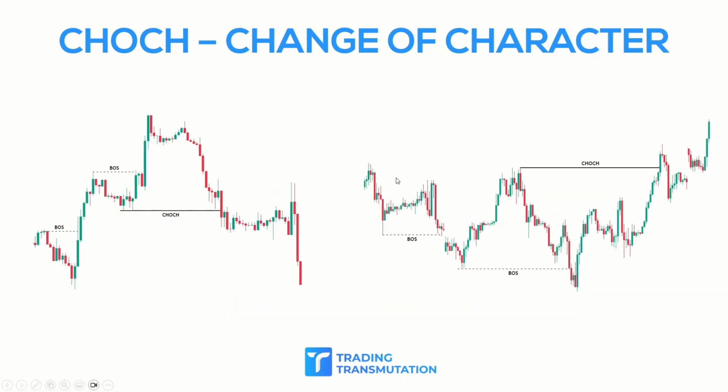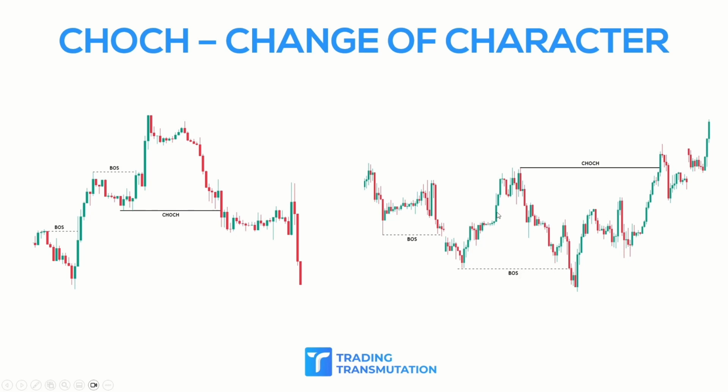Here we have a bullish market turning into bearish. You can see we have a bullish break of structure here, another bullish break of structure here, and then we have our change of character here. You can see we've broken this low, and now we have a lower low and a lower high. Then we have lower high and lower low. Here we have a bearish trend turning into bullish. You can see we have a break of structure here,